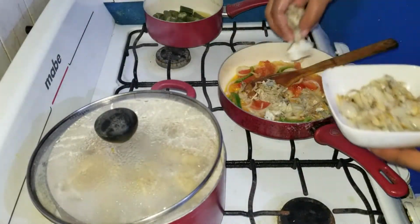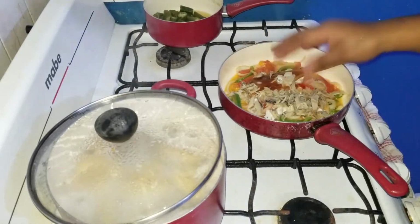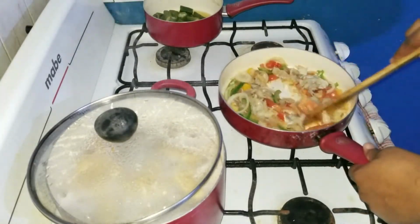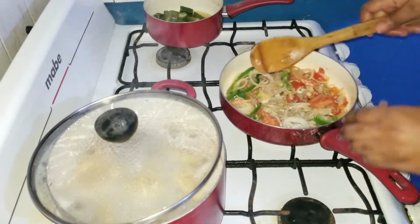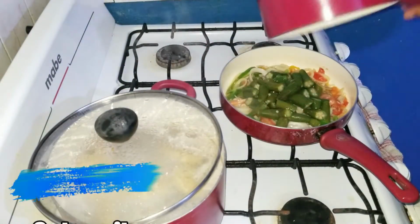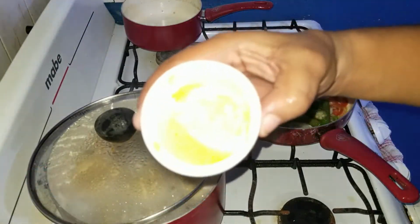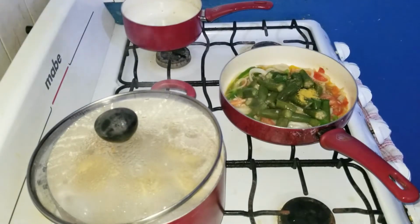So the saltfish is a bit too much, so I use half of it or 3/4 of it, and then I put all the rest in the refrigerator because it can be used for something else. So then I'm going to add my okra, and as you can see, there's some liquid left because the okra juice, in itself, is slimy and rich. So I just wanted to add some to the dish, and I also added some all-purpose seasoning,